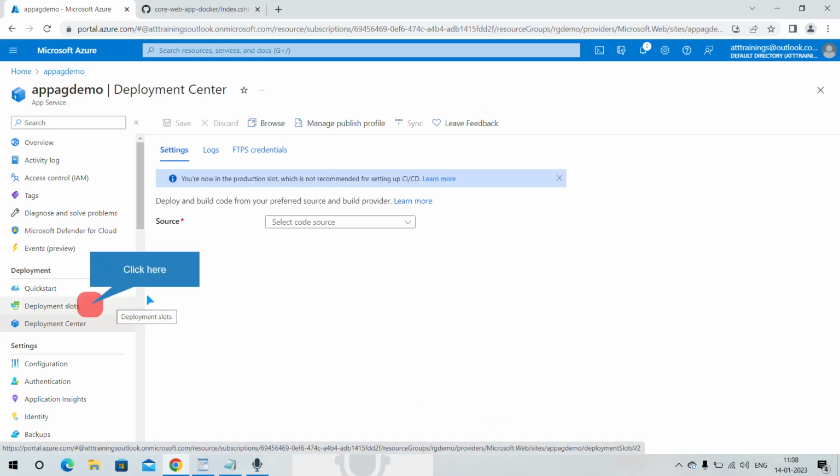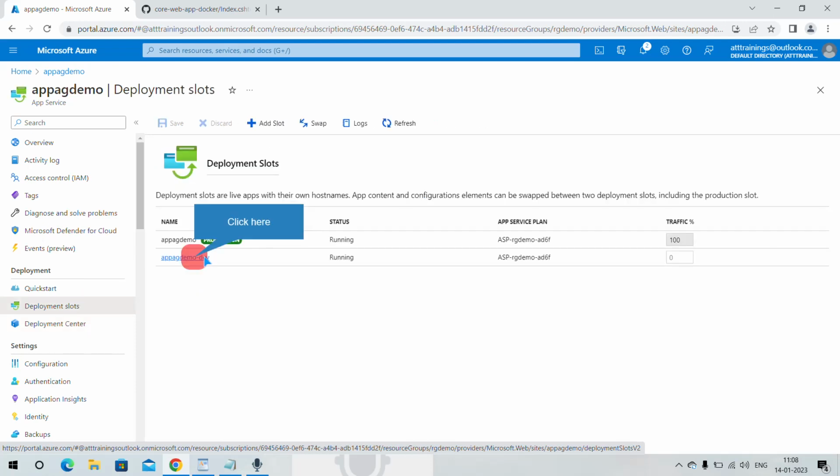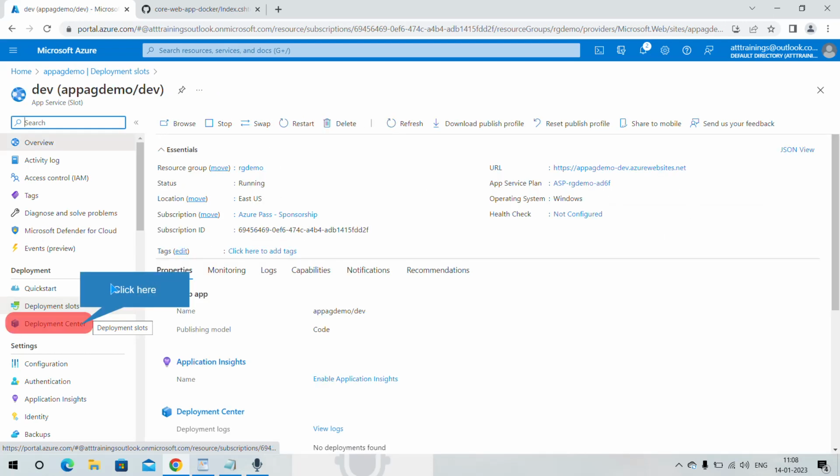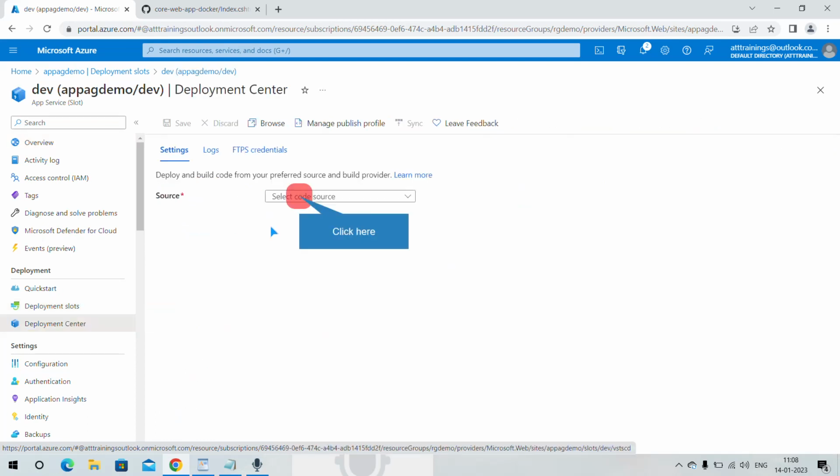Now I will open my deployment slot. Click on deployment slots, click on dev deployment slot, open deployment center, configure the source GitHub repository as we have done last time.